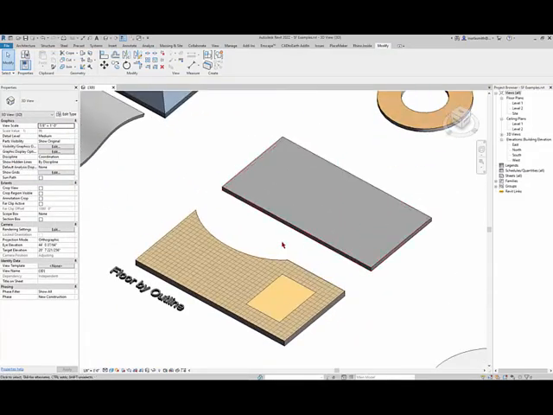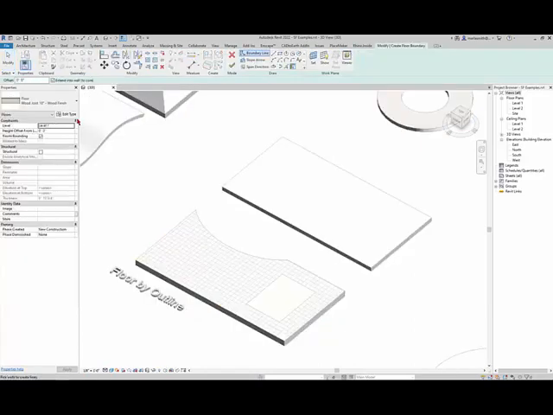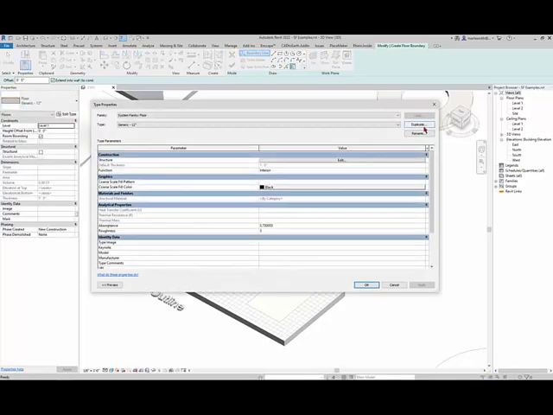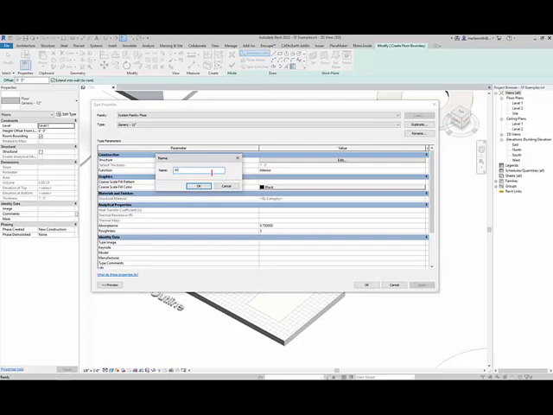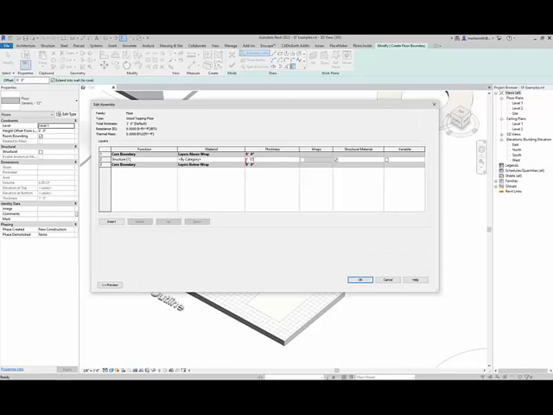Another way to think about it, and it depends on how you want to do it: the floors that you have in the project are set at level 0, the top of them. You can actually come in and create your own topping floors that are very thin. So if I were to go to architecture and floor architectural, I could go to a generic 12-inch floor, edit type, duplicate that, and name it wood topping floor, and click OK. Then I could edit that and set this to 5/8 of an inch,